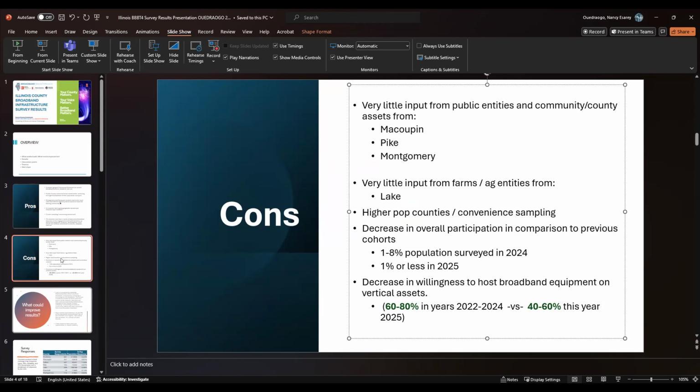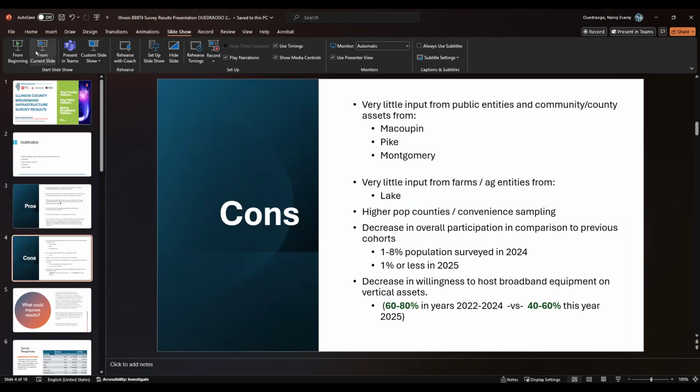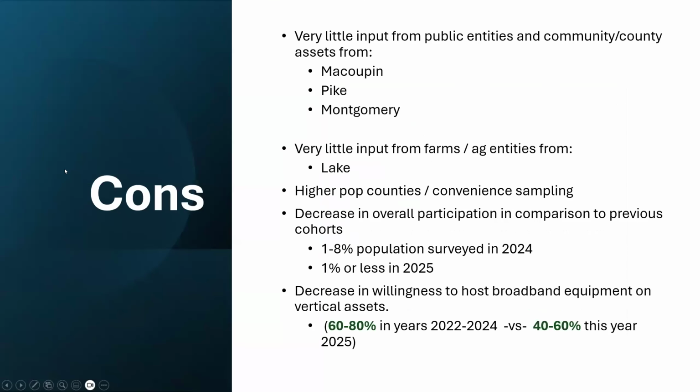So we keep going. And so very little input from the farm and ag entities in Lake County. I think that's also because it's highly populated and there's just not a lot, right? But I wanted to mention that because those are the 4 response type groups that lacked across the cohort, and just amazing in general that it's just limited to that. So not a lot of missing groups in this cohort. Really proud of the counties in this cohort and how that shook out in distribution.